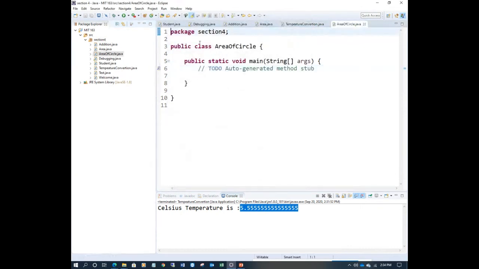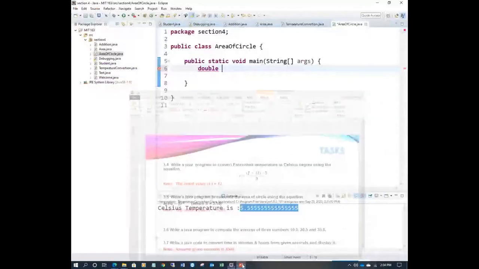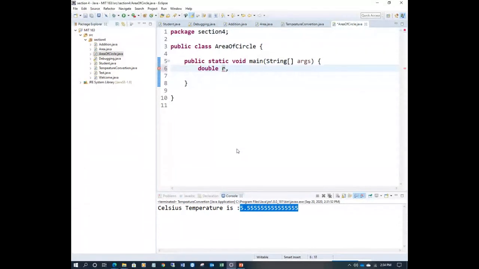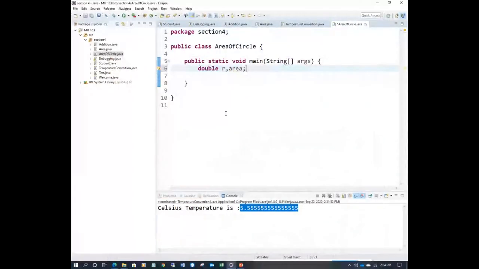Click. So I have this one. Let's go on. Remove here. The first value is again a double, I can say radius, right? That r is radius. So I will use r only, and the output is area. So two variables are there, and pi is a constant. That's a number, right?